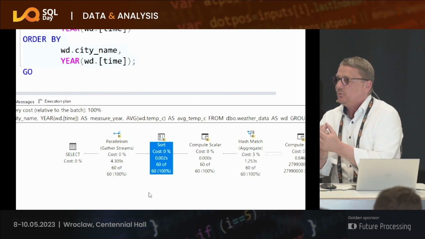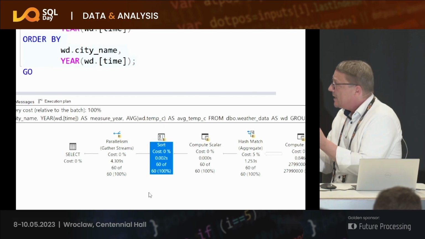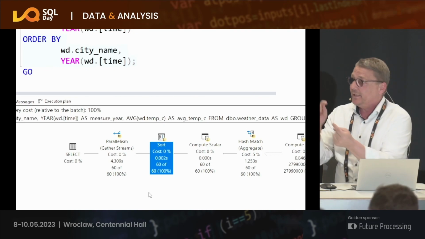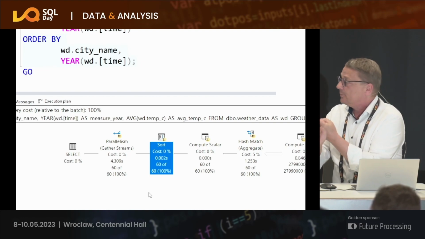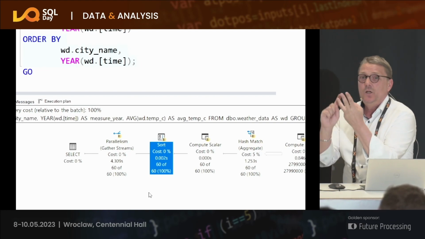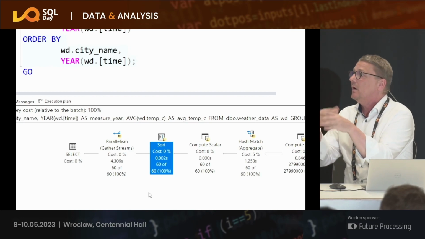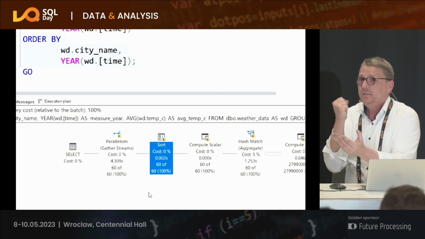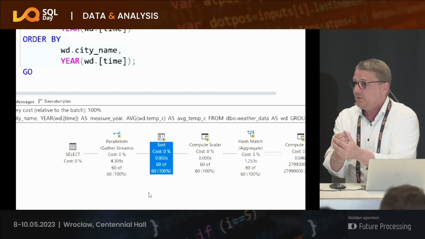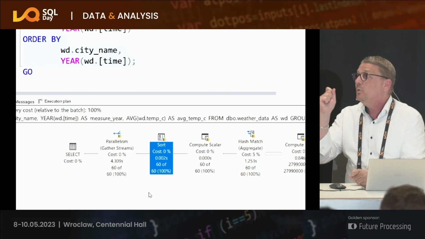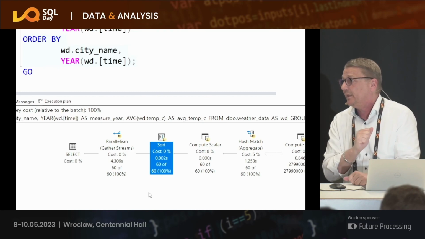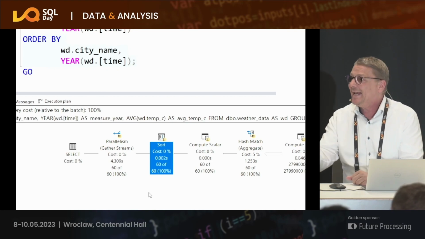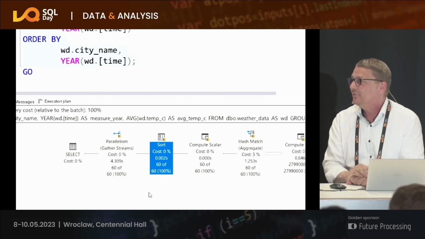So SQL Server must wait, and therefore, when we have these kinds of operators, you will always find them in execution plans when you see hash match operators, hash aggregations, sort operators, table spools. All these kinds of operators are stop operators. So what SQL Server then must do is ask for memory before we execute the query. What do you think will happen if SQL Server does not get the required memory for the query?